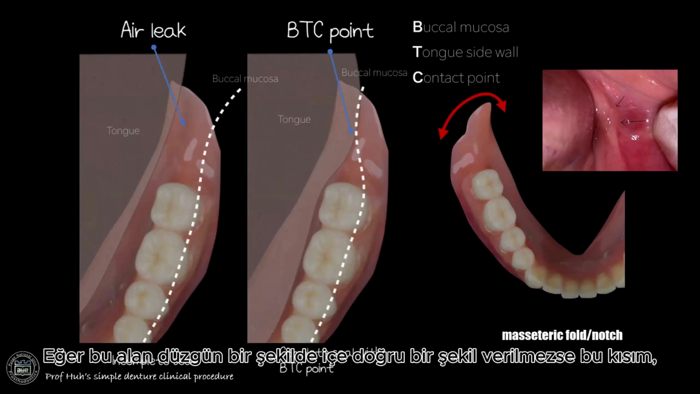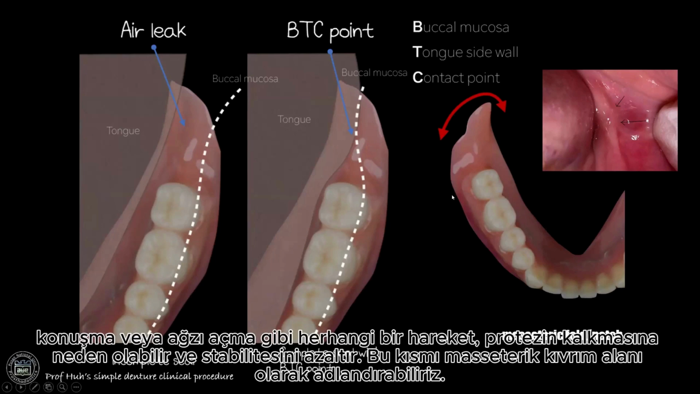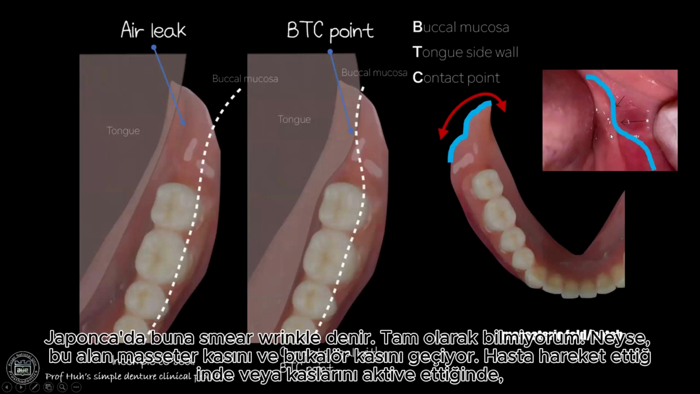If this area is not properly contoured into a concave shape, this part, any movement, such as speaking or opening the mouth, may cause the denture to lift, reducing its stability. We can say this part is the masseteric fold area. In Japanese, it is called something like a wrinkle, but I don't know exactly. Anyway, masseteric fold. This area crosses the